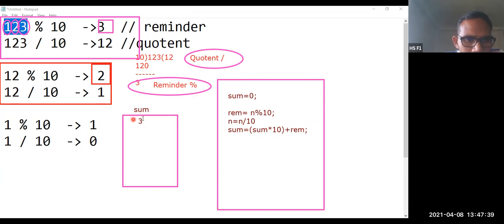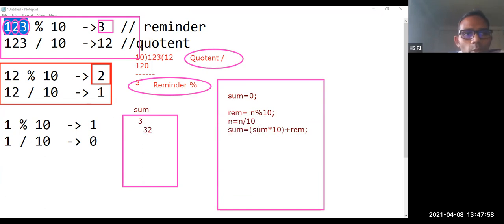What is sum? Initially it is 0, then it became 3. 3 into 10 is 30. 30 plus the remainder, which is 2. So instead of 3, we now get 32 the second time.